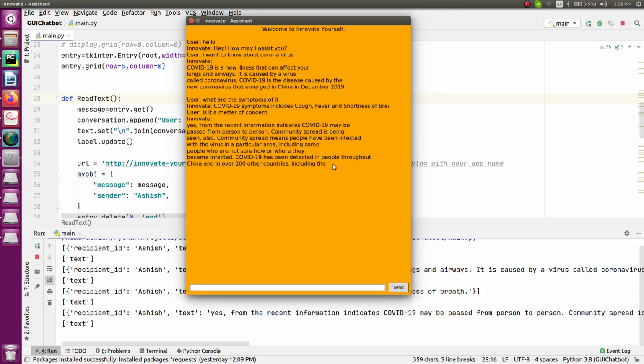So this is how you have got the complete idea, the complete chatbot, and now you can talk to your chatbot on the GUI application that we have just created. This is how you can create your chatbot on a GUI application. In my case I have added a few widgets to my GUI application, but in your case you can update it more, add more features, or add more widgets to make it more attractive. So this is how you can make your chatbot, and I hope everything is clear to you.